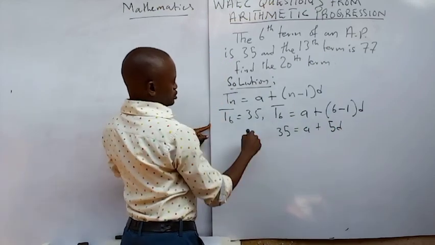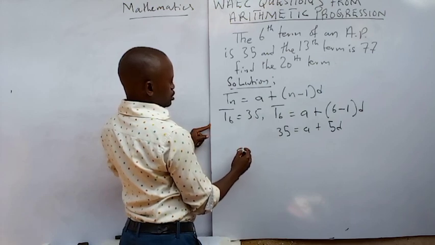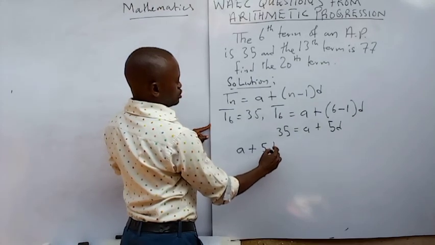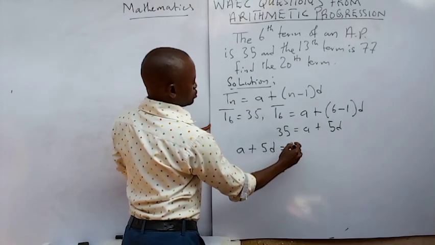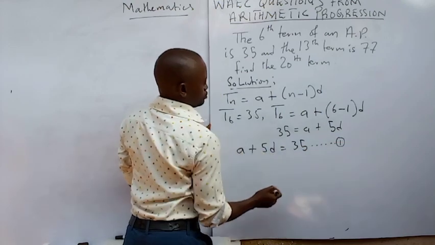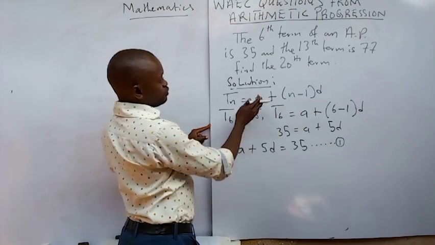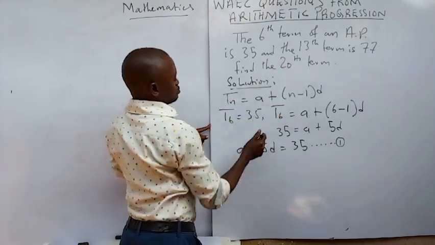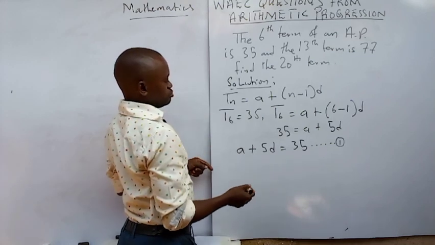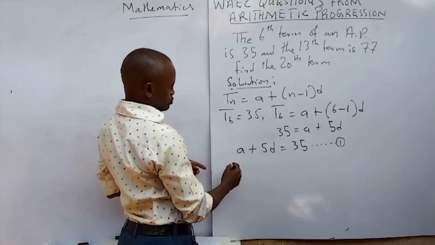I will rewrite this as A, the first term, plus 5 times the common difference is equal to 35, and I call it equation 1. Do you follow that? I'll do the same thing for the 13th term. Let me not jump, okay? So T13